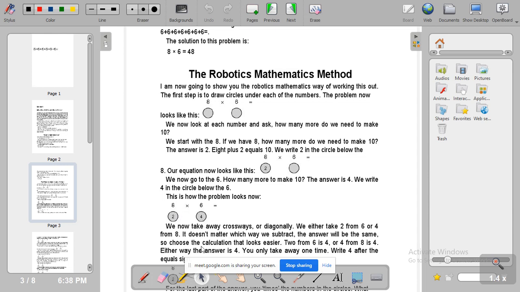So now we continue. Now we do a crossway, as I said. It doesn't matter which way we subtract, the answer will be the same. When you do the crossway, the next thing is to subtract from each. So 4, you only take away one time, so you write the 4 after the equal sign. That will be the answer. With this one, I'm going to subtract from here. 4 minus 8 will give me,